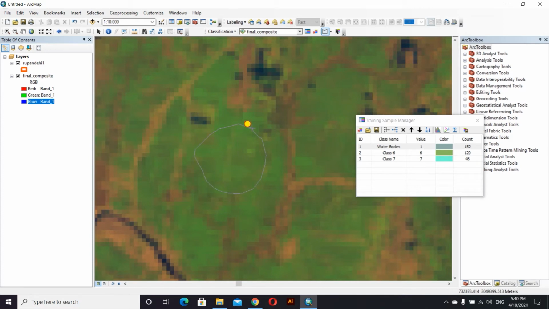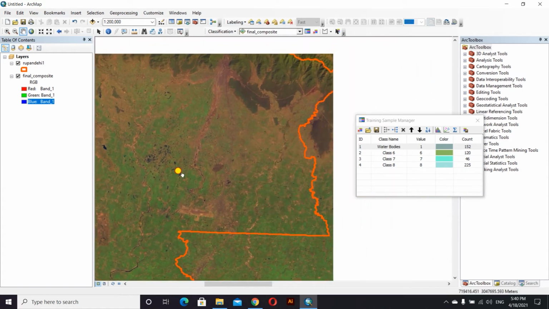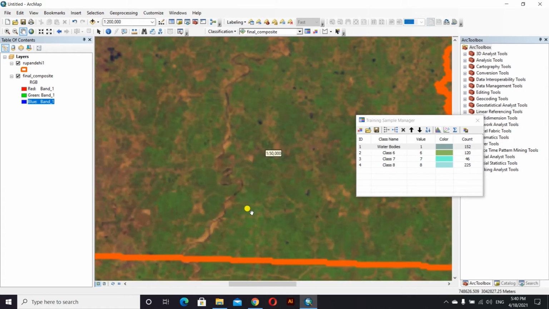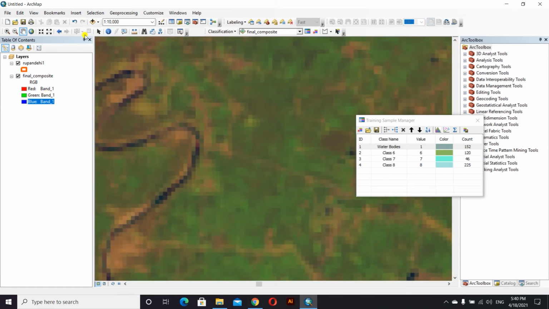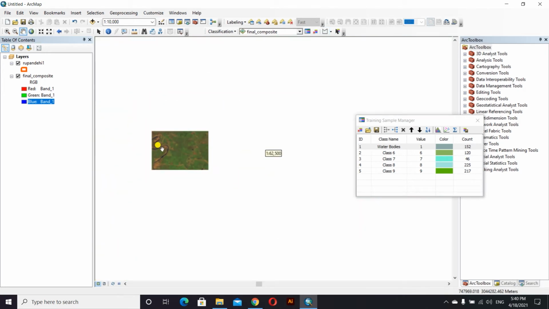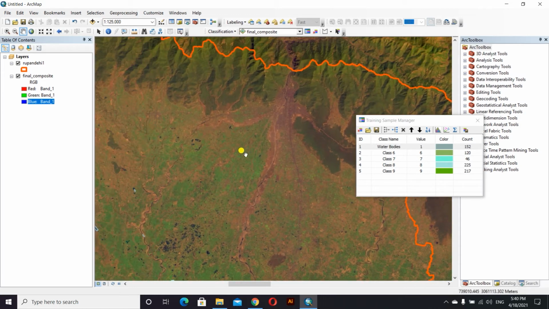This is the agricultural land, and the fourth I will select from here. This is the fourth, and I'll select the fifth, maybe from here.